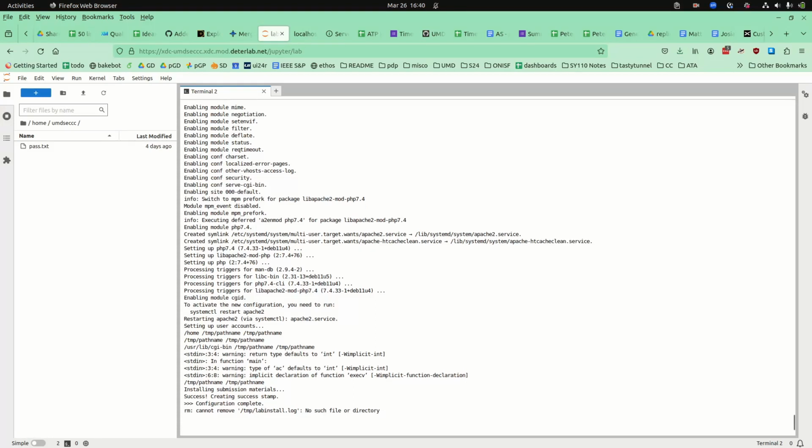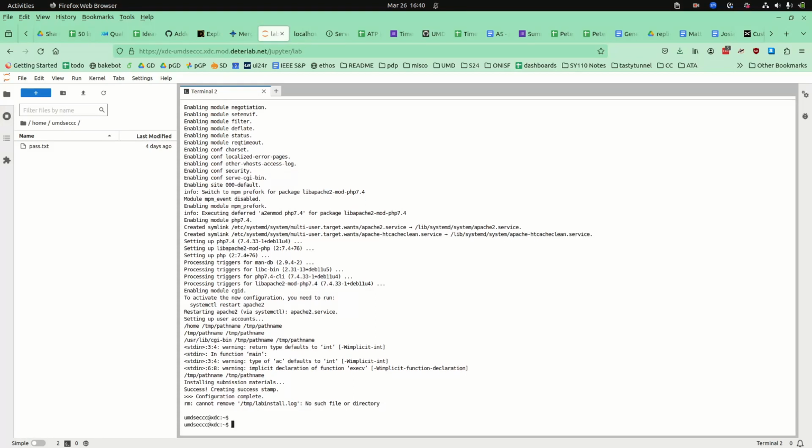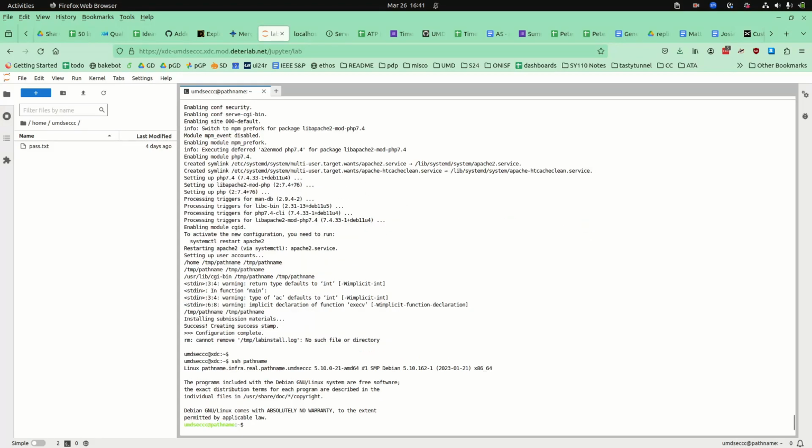All right, so we're done. We have our terminal back. And what that means is that the experiment is running, including the machines that have the software that you need. And for this lab, the machine is called Pathname. So you can type ssh Pathname, and when you hit enter, you'll be logged into it, and you'll see that the prompt down here shows that Pathname is running. And on this machine is running the memo software described over here in the lab manual that you'll be able